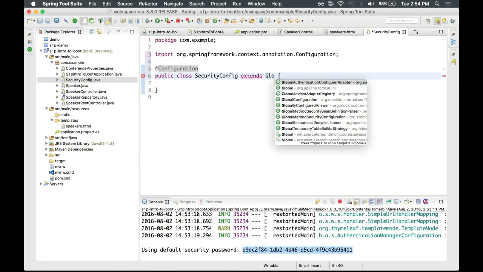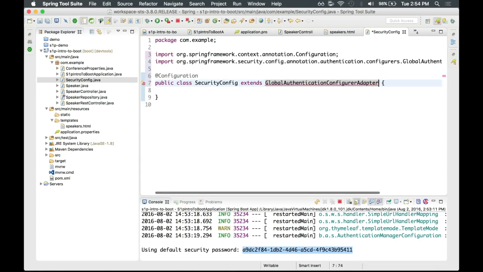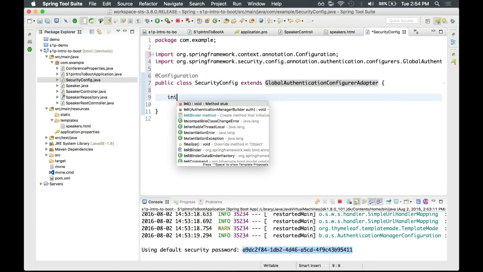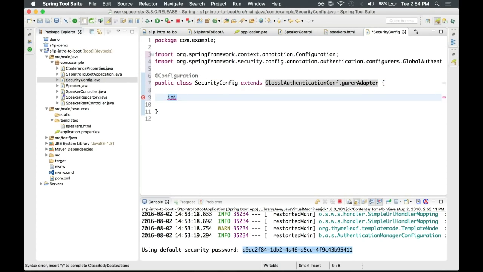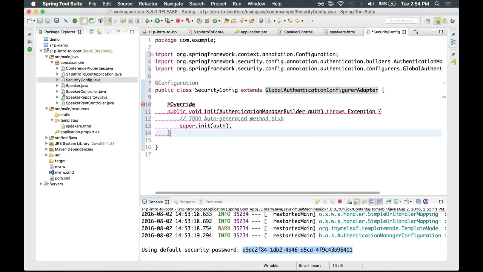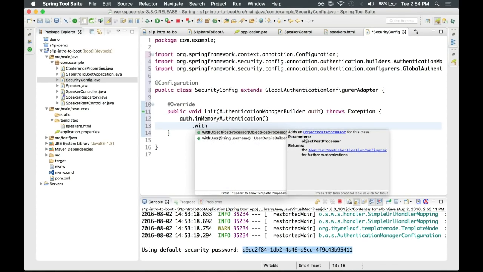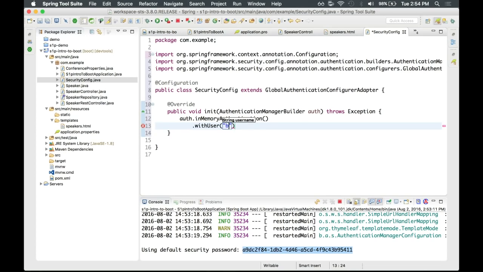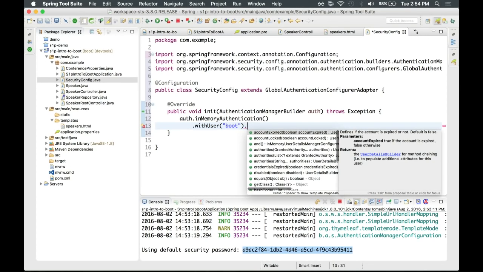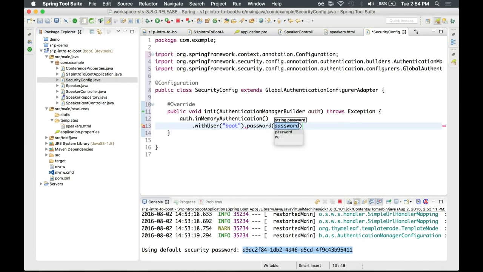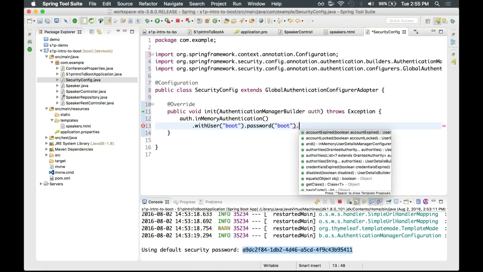Instance global, init, authentication. My username is going to be boot. And my password, boot2. It's not very secure, but